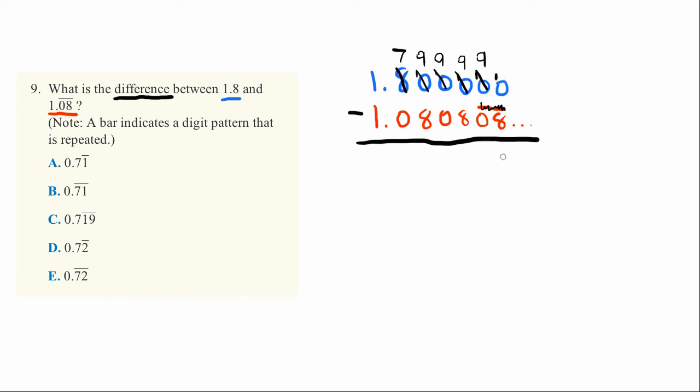10 minus 8, that is 2. 9 minus 0, that is 9. 9 minus 8, that is 1. 9 minus 0, that is 9. 9 minus 8, that is 1. 7 minus 0, that is 7. And 1 minus 1, that is 0. So here we have our answer, 0.719192. Okay, so it's not totally clear there's a pattern, but actually if we look at it, this 1, 9